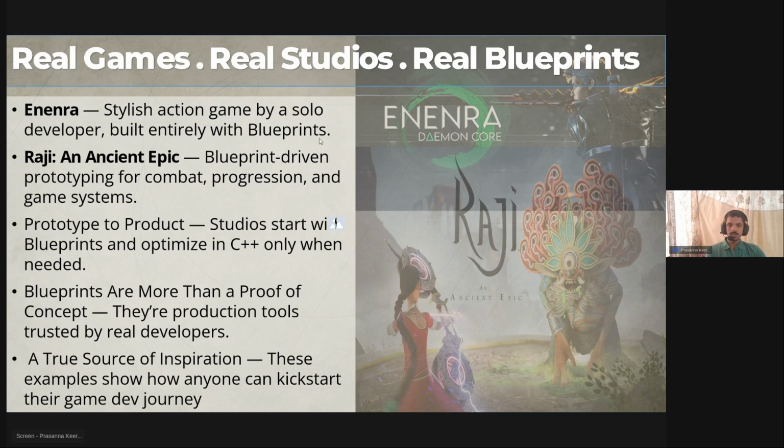So they are the true inspiration. If they are doing something with blueprints, they just need to understand what logic needs to be done. The same thing you can also apply to your creative things that you wish to showcase to the world in a gamified manner. Hey, I have a concept, I can showcase this to the world. You can also make your own. So that is the core idea.